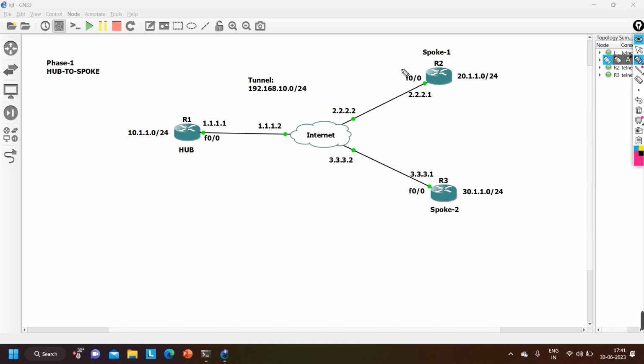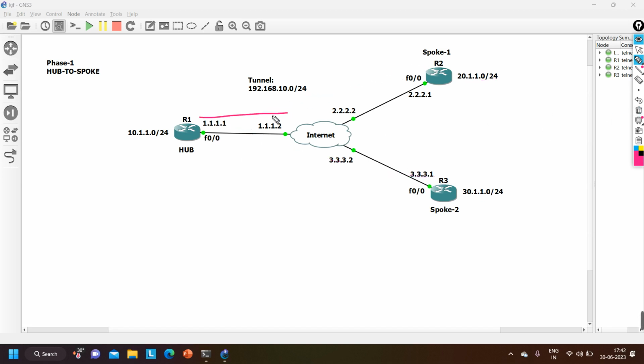They will communicate through the hub router. Like if this user from this network 20.1.1.1 wants to communicate with 30.1.1.1, it will communicate via hub router,